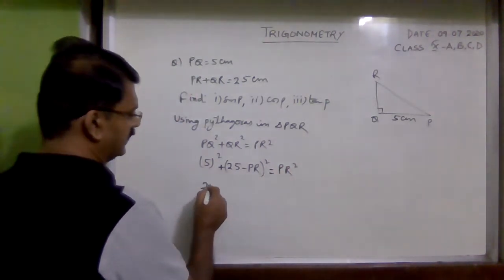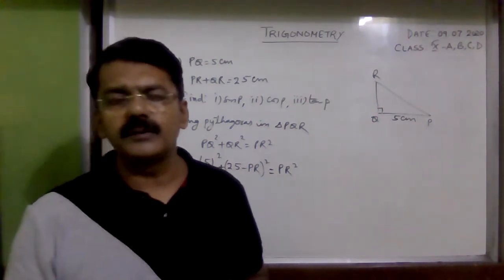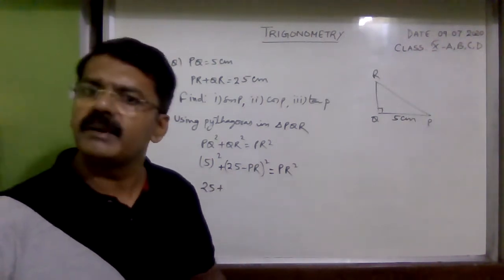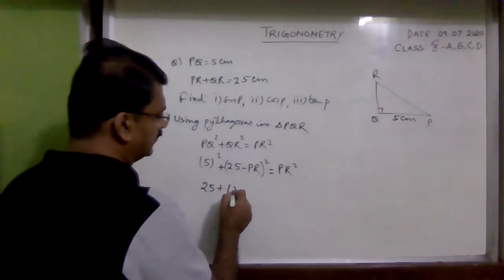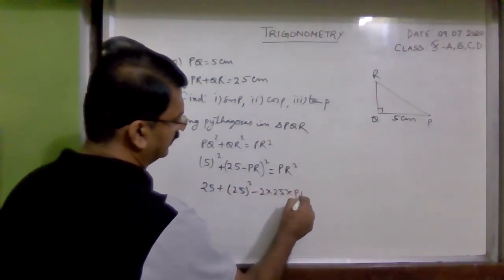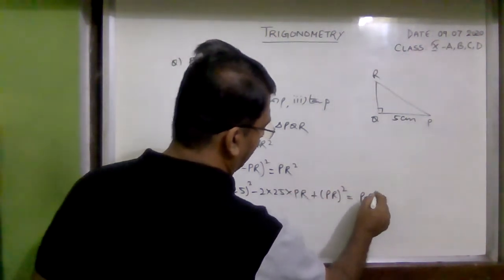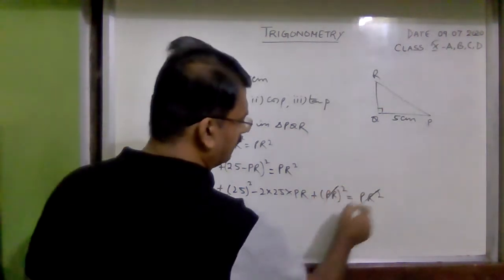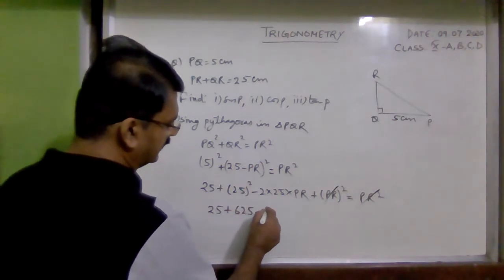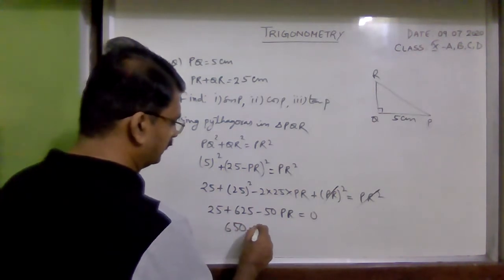Okay? 5 square is 25 plus. Here I will apply the formula A minus B whole square. All of you know that A minus B whole square is A square minus 2AB plus B square. So it is 25 square minus 2 into 25 into PR plus PR square is equal to PR square. So PR square can be cancelled. 25 plus 25 square is 625 minus 50 PR is equal to 0. 650 is equal to 50 PR